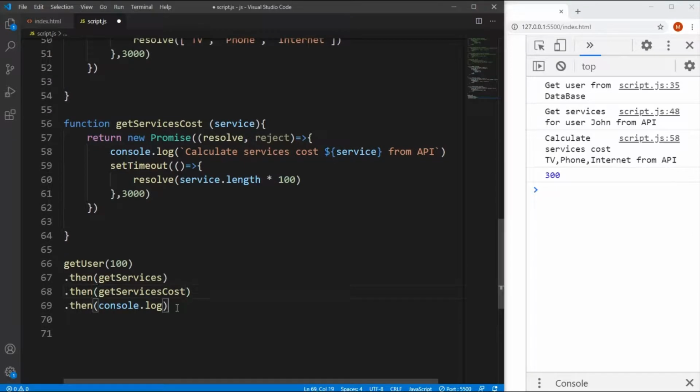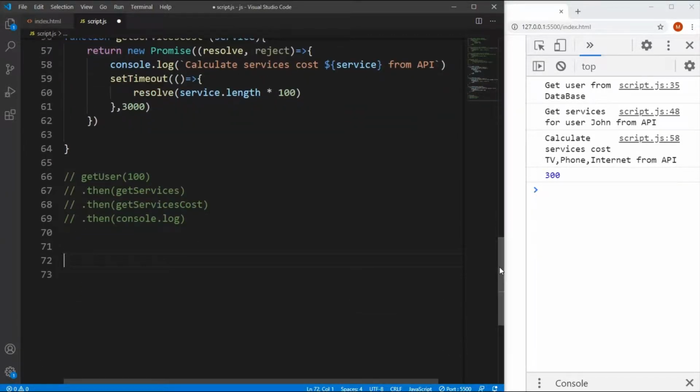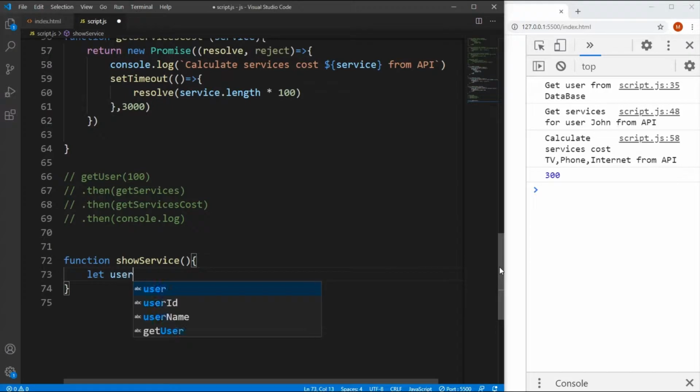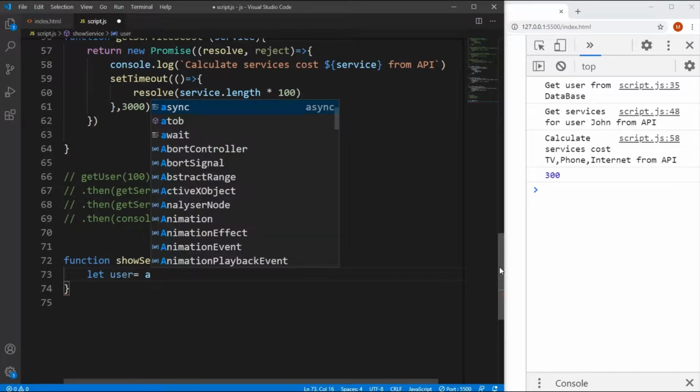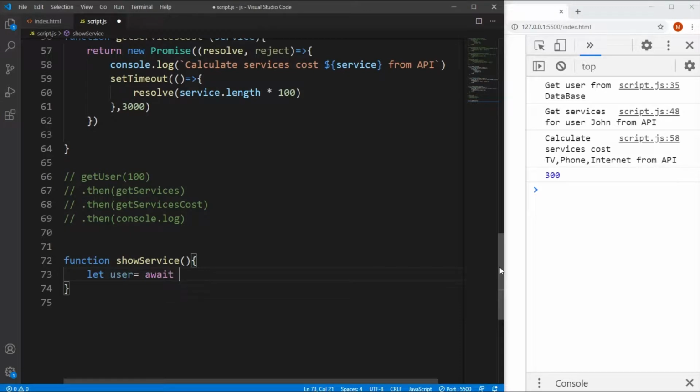The async await will work like synchronously on asynchronous operations. So let's convert this to async await. So first let me comment this, and for async await I would like to create the function, and the function will say show service cost, and let's say let user equal to await. We say await, and then get user 100,